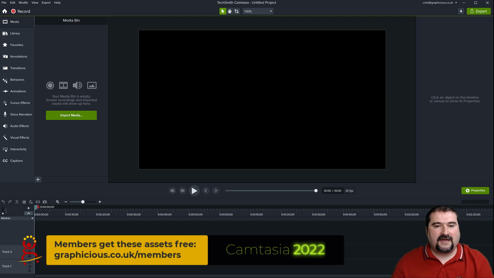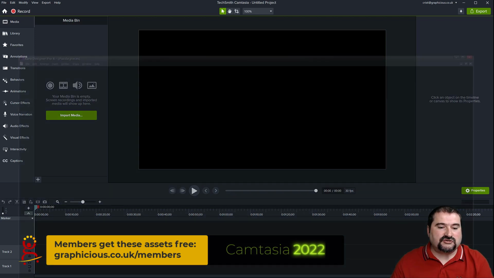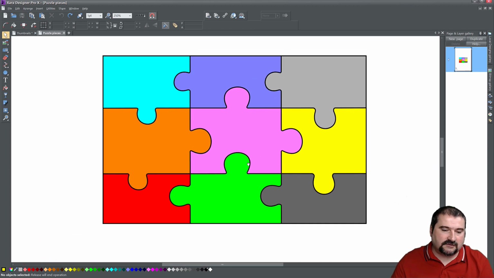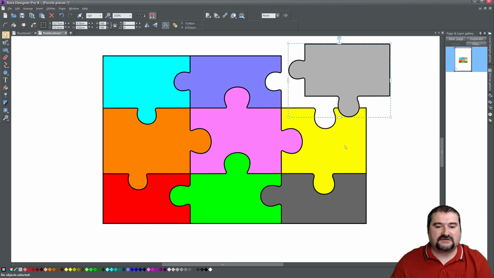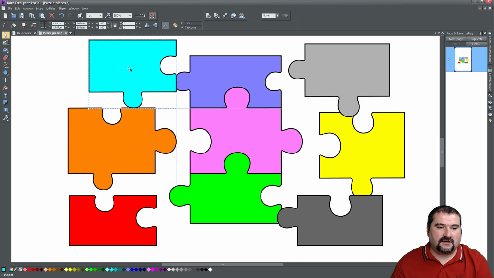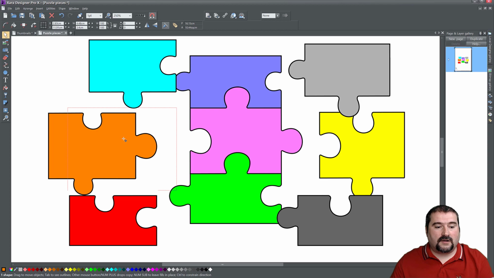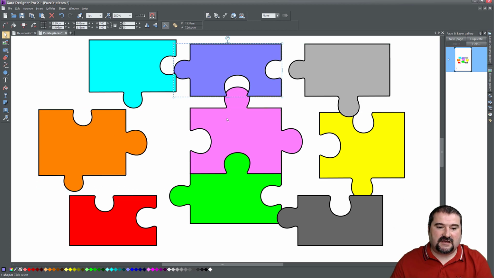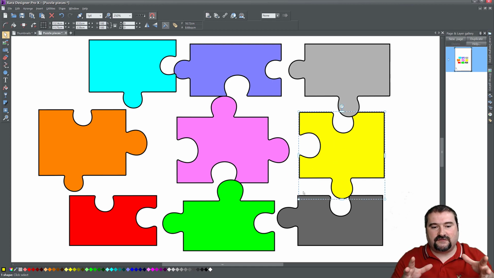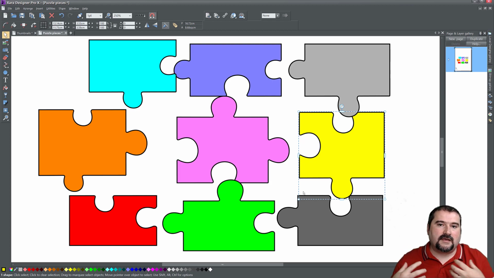If you remember, I have a tutorial on my channel, by the way, where I'm showing you how to design a puzzle from rectangles, make them different colors. And these are actually different shapes inside of Xara Designer Pro, for example. You can do this in Affinity Designer, in Inkscape, whatever. So if you want, I can even provide you with these images in my assets library. But anyway, these are all individual images, and I want to use these to assemble a video in Camtasia and create a nice and interesting intro.